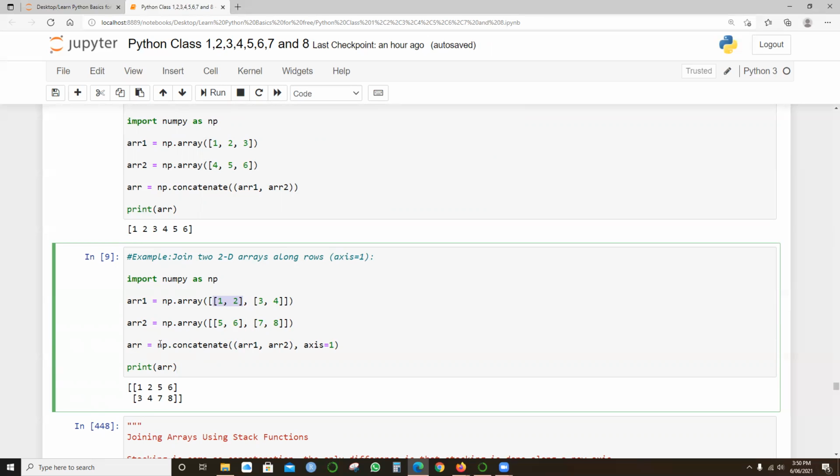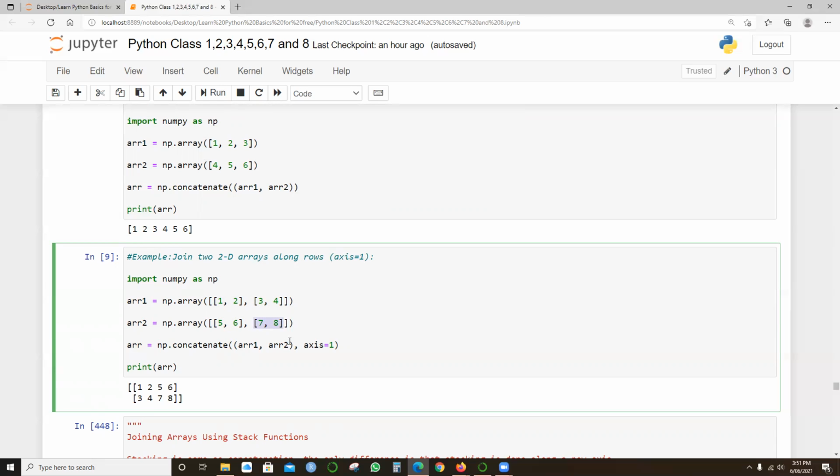That means array equals np.concatenate of array 1 comma array 2. Since it is a 2D array, it won't go in the fashion 1 2 3 4 and then 5 6 7 8. No. Here go the single dimensions. It will finish these first, 1 2 5 6, then it picks up 3 4 and 7 8.